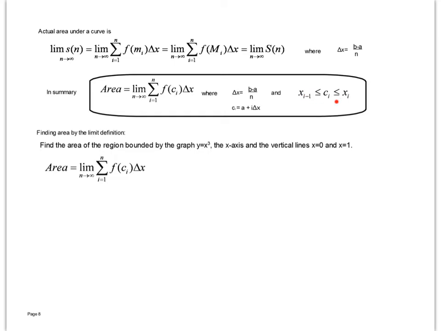This is the left-hand point. That's the right endpoint on the interval. That's somewhere in the interval. It could be at one end or the other. In fact, we made them all at one end. All right, so if I'm going to do that for this curve, x to the third, between 0 and 1,